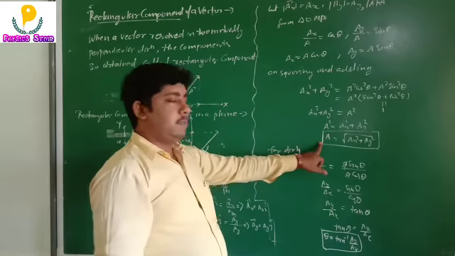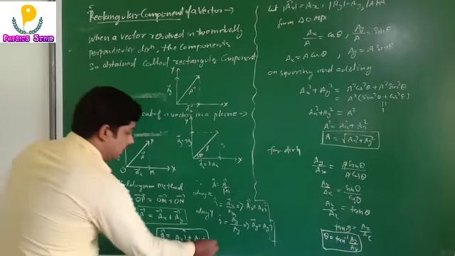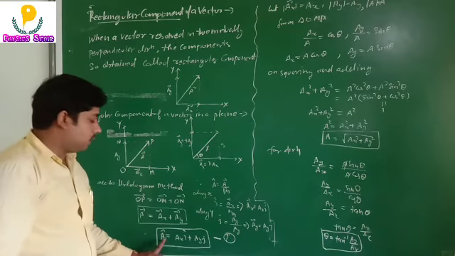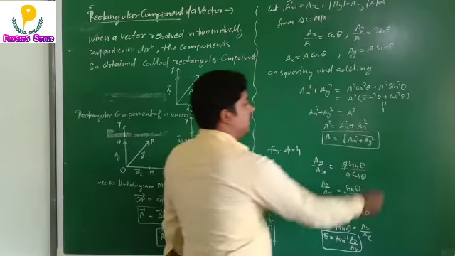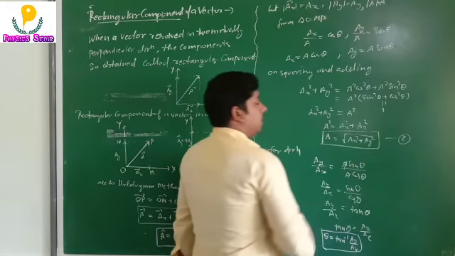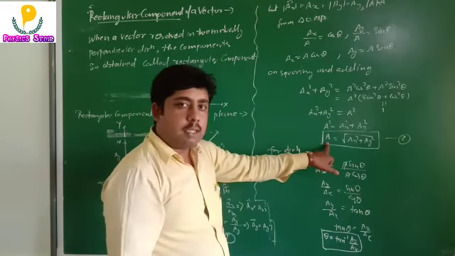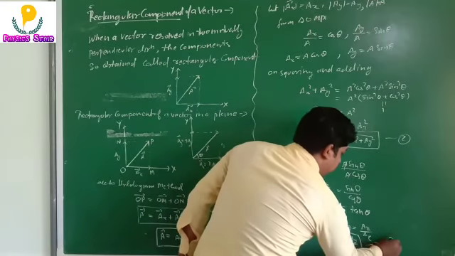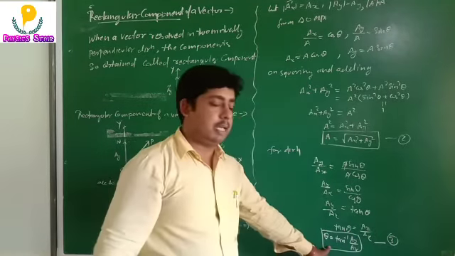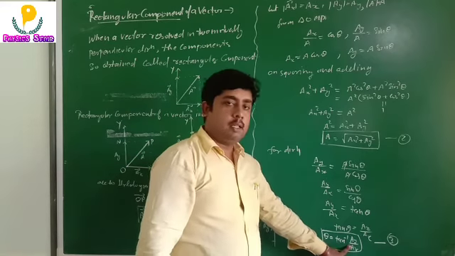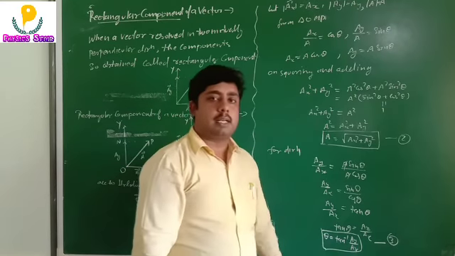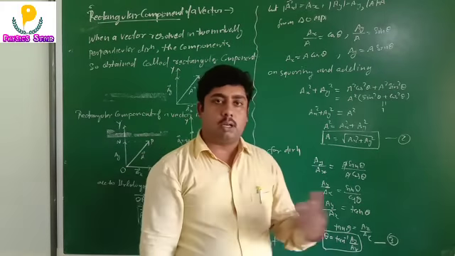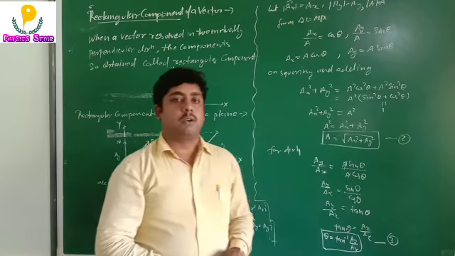Okay, so by considering the first equation, we can write the vector in terms of its components, and by considering equation number 2, we can calculate the magnitude of the vector given in terms of its rectangular components, and by equation 3 we can find the direction by calculating the value of theta. After putting the values of ay and ax, we can calculate the angle which shows the direction of the given vector.